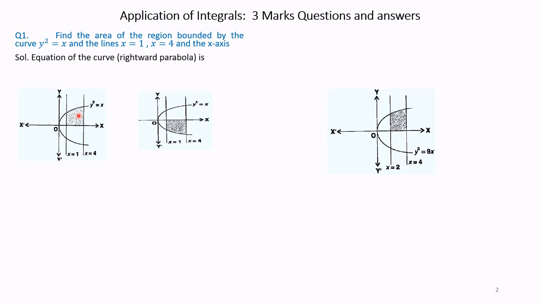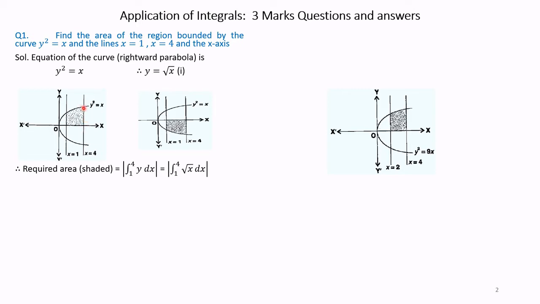Equation of the curve: a rightward parabola. See, this parabola is rightward, it is opening towards the right side. It is given y squared equals x and therefore y equals root x. This is the given equation and you have to draw the figure as shown. I used it earlier to explain it. So you draw the rightward parabola, and therefore the required area, that is the shaded area in this diagram, is equal to